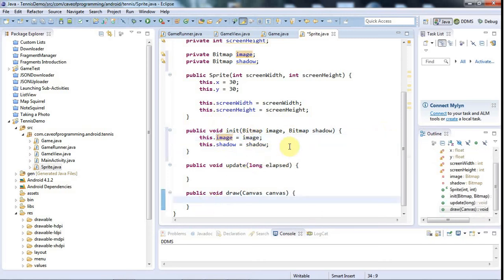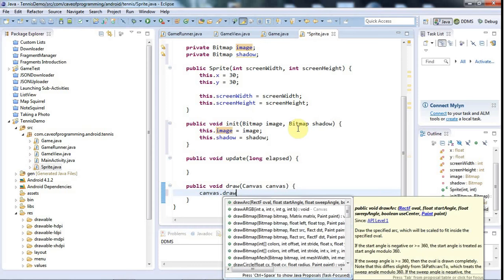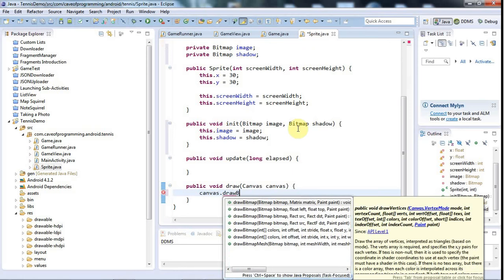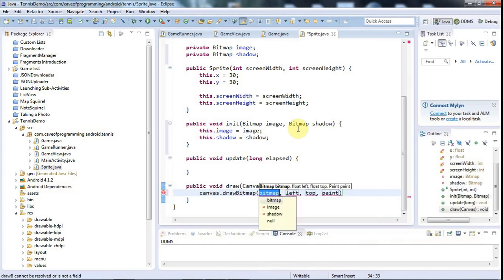Now in draw, we're just going to draw the image and the shadow. I'll draw the shadow first because the image has got to go on top of it, so I'll say canvas.drawBitmap, not that one, but probably this one, and I'll draw the shadow, and left is going to be X and top is going to be Y, and paint is going to be null because I don't think I'm going to be using that. And then same again for the